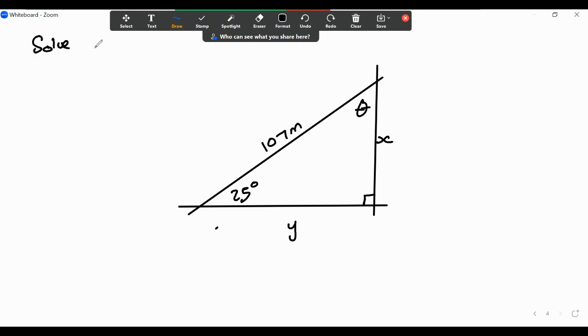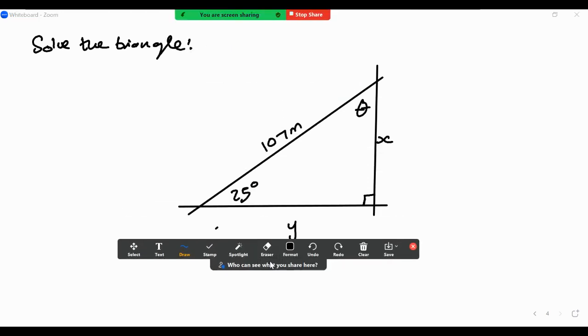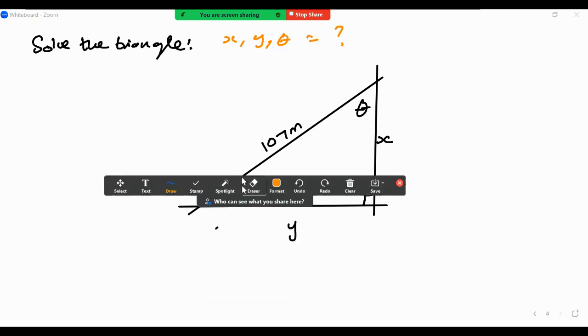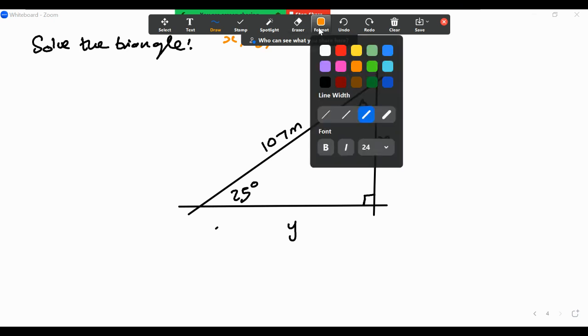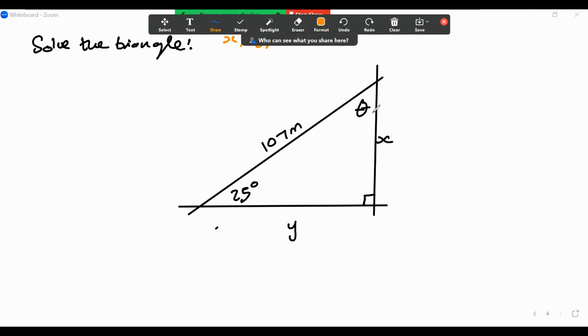We want to solve the triangle. That means we want to find everything. We're going to find theta. Think about Pythagoras theorem. We also want to find the angle. So x, y, and theta. So we can start from any one of them. Particularly, what we should realize is that the